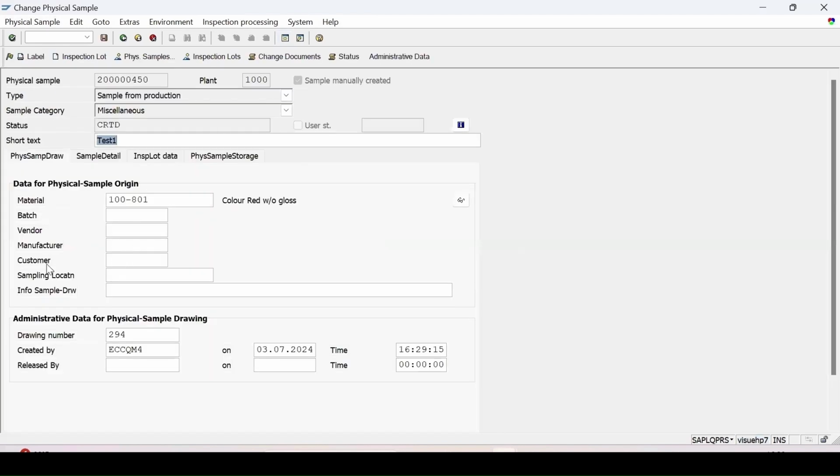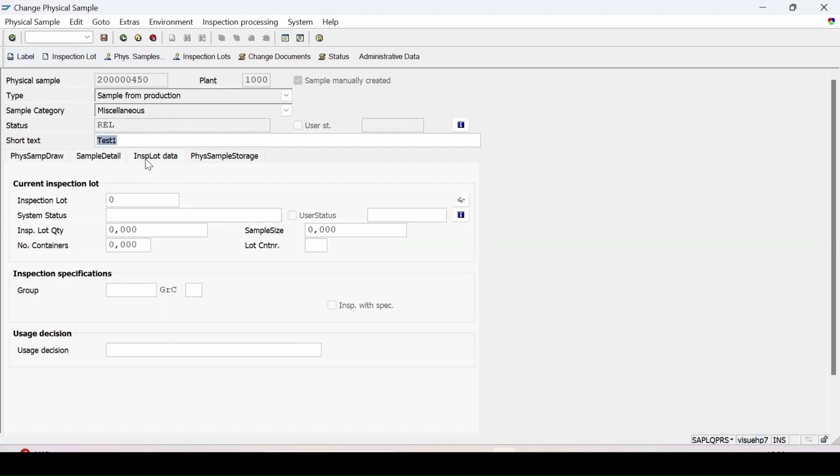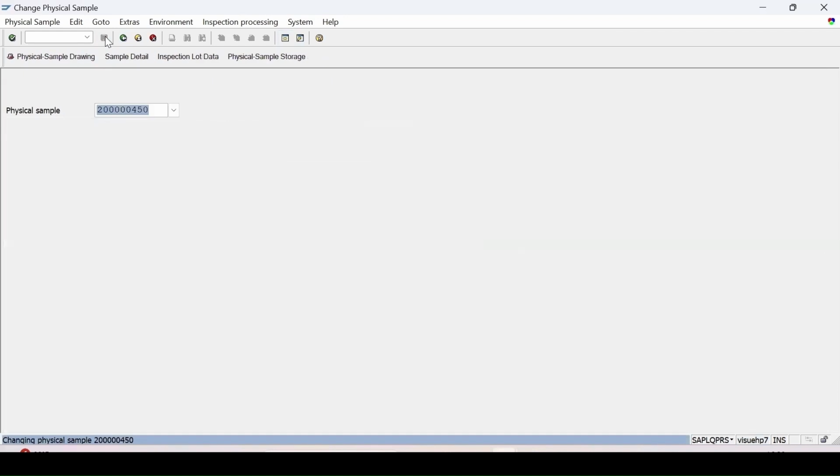Go to the change mode of that physical sample. Enter. This is the uniquely identified physical sample number which is generated. Click on release, and the inspection lot is 0. So let's save it. Now, this time, instead of using the inspection lot creation from the change mode, we can